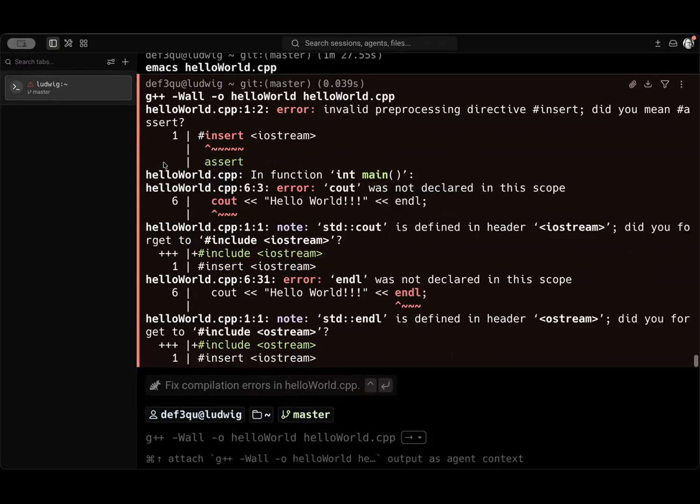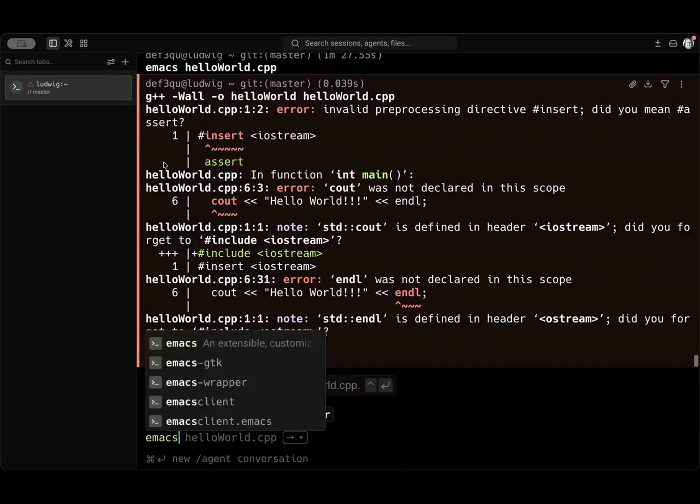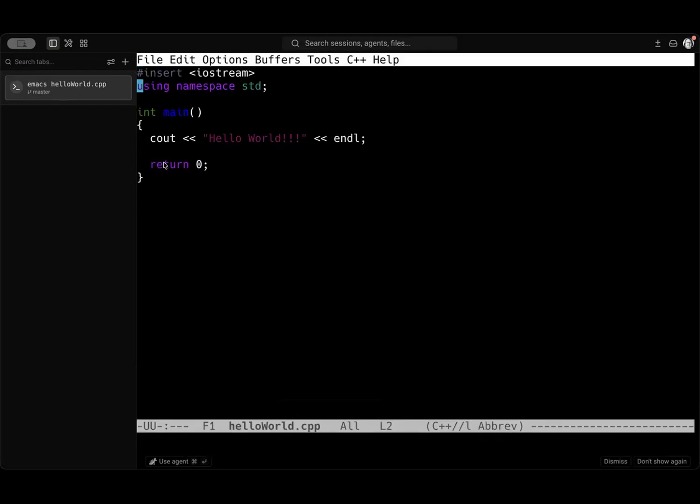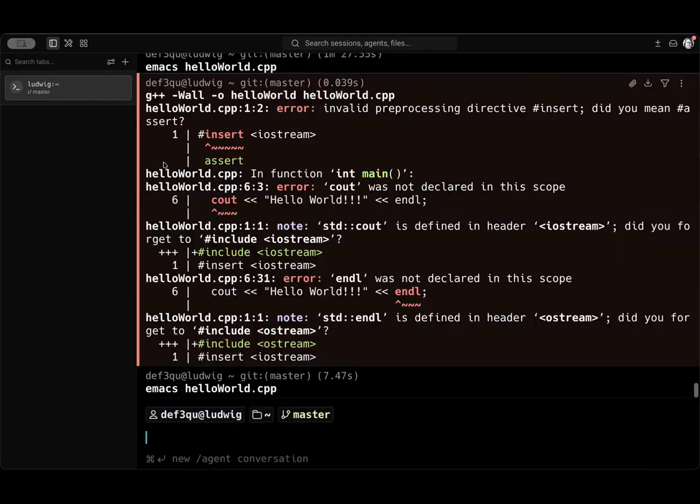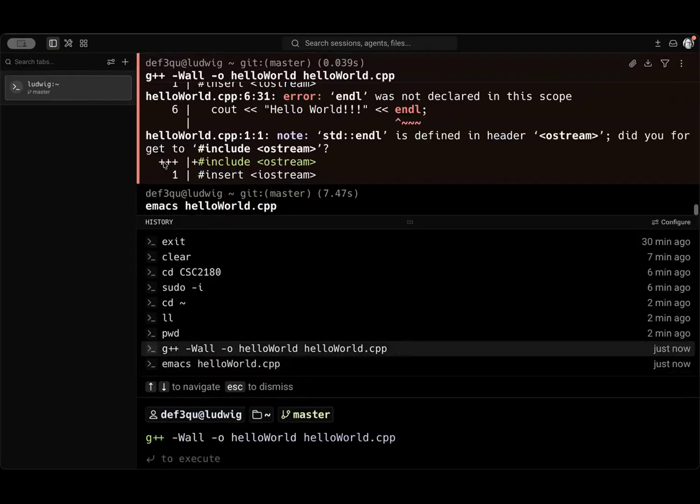Type that in, hit enter. It doesn't like something. Oh, I didn't include iostream. Did I include iostream? Yes. Apparently I did something wrong there. Well, let me see what I did. It's good to create errors. That way we'd see something. Oh, it's include, not insert. I'm doing the wrong language. I knew it when I did that. I was wrong, but anyway, that's good.